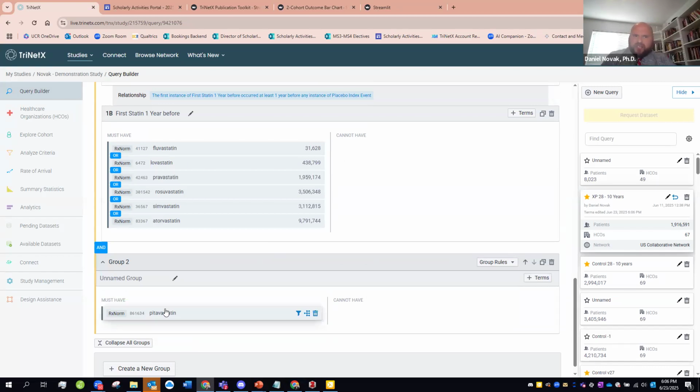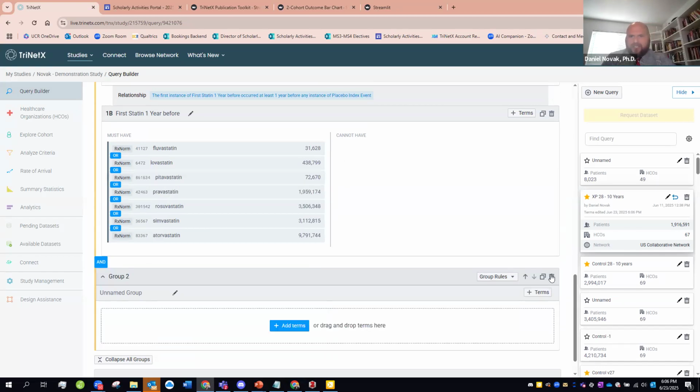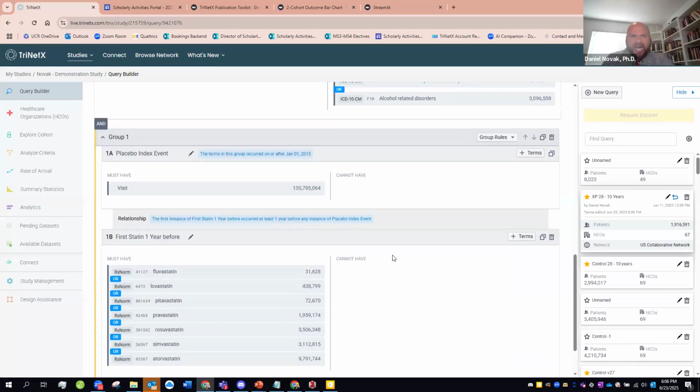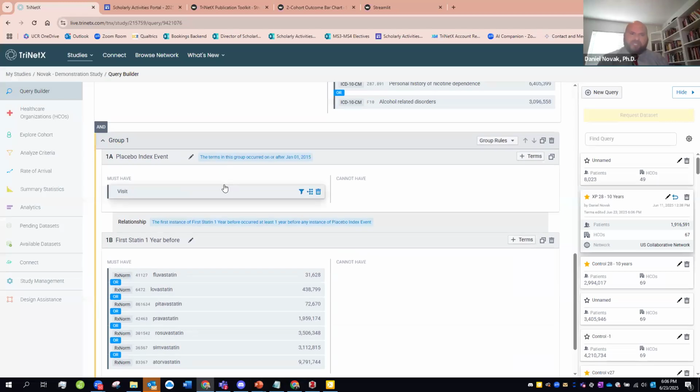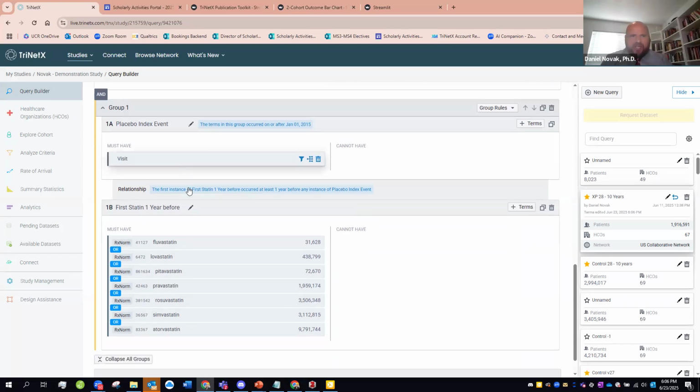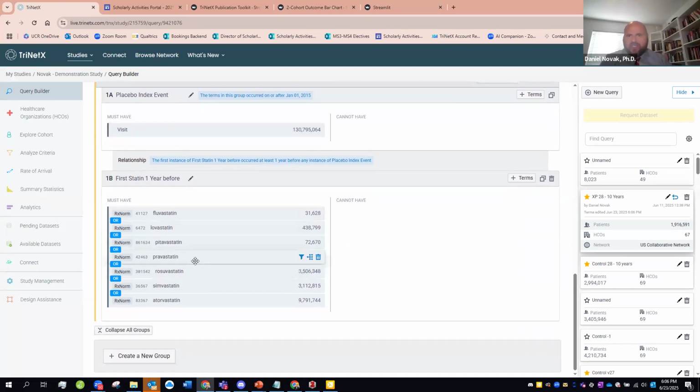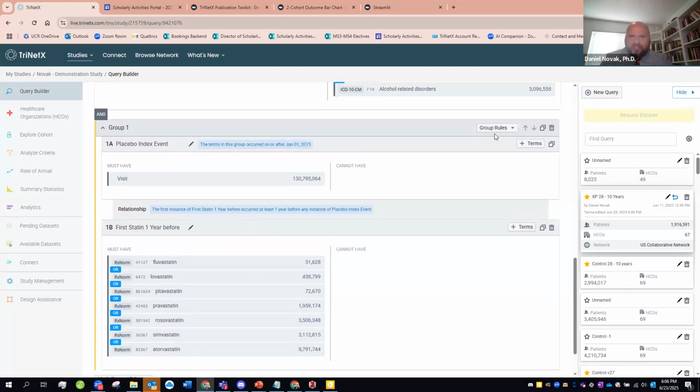Frequently I talk to folks and they need to set very specific relationships in time between two events. So for example, the diagnosis of melanoma and either removal or chemo or metastasis, a definite identification of a secondary cancer. Any of those kinds of things might be things that you could include here. So by using this, where it says edit related group function, I want you really to pay attention to that